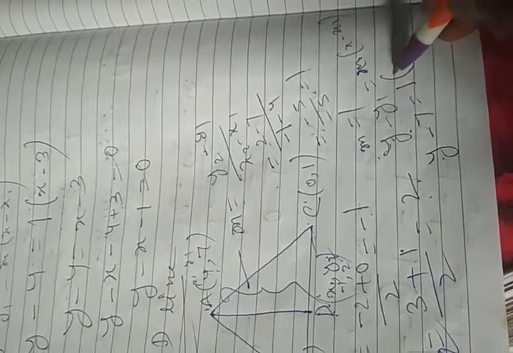Now we know if a line passing through a point, the equation becomes y minus y1 equal to m into x minus x1. And here y1 is 7, m is 1, and x1 is 4. So the equation becomes y minus 7 equal to x minus 4. So y minus x minus 7 plus 4 equal to 0, or y minus x minus 3 equal to 0. In this way you have to calculate the equation. If you have any problem regarding this lesson, you can ask me the question.